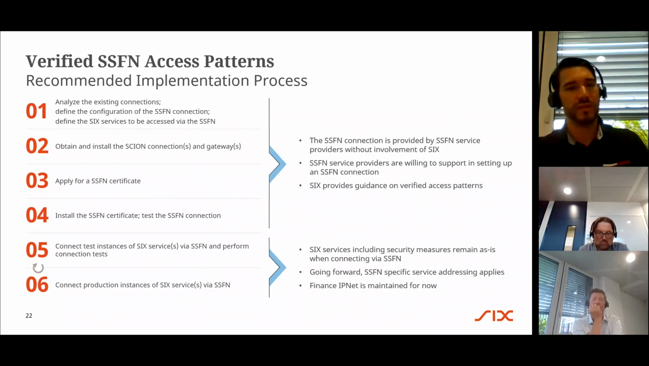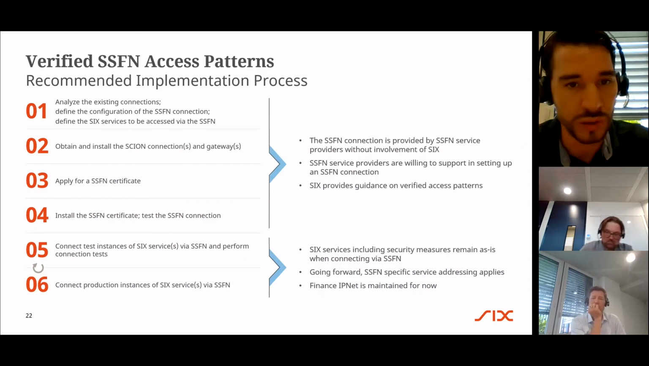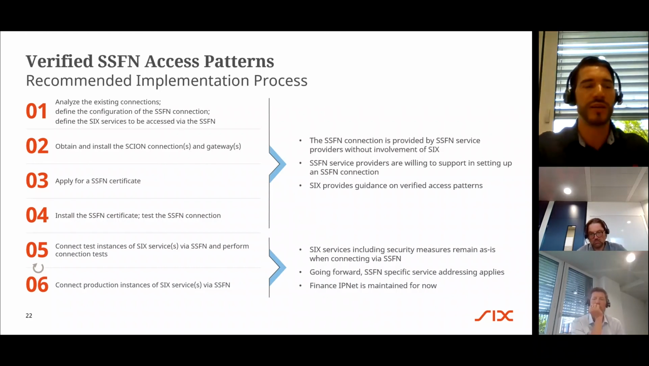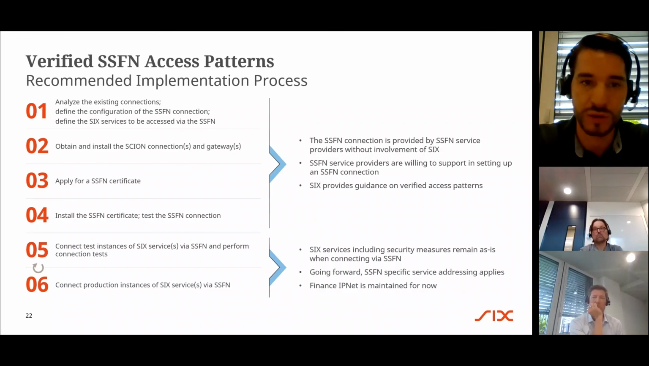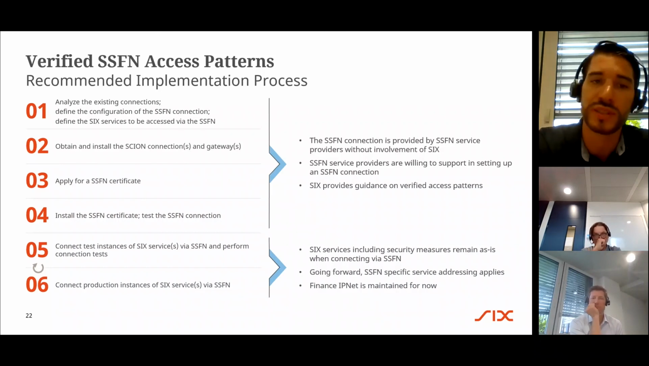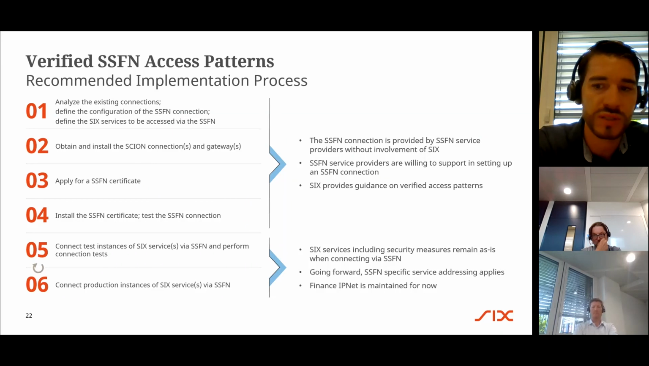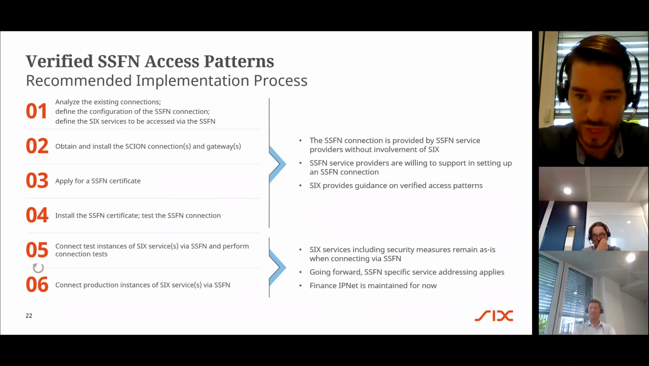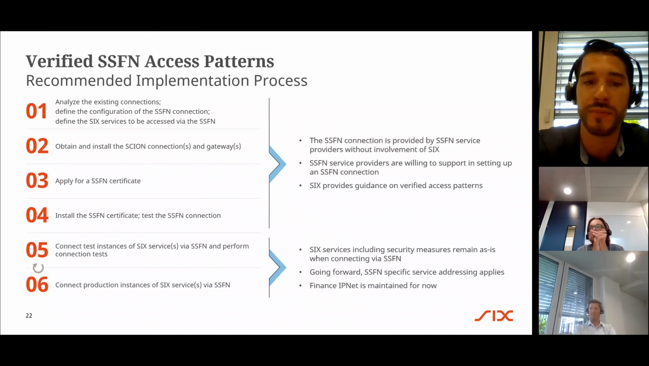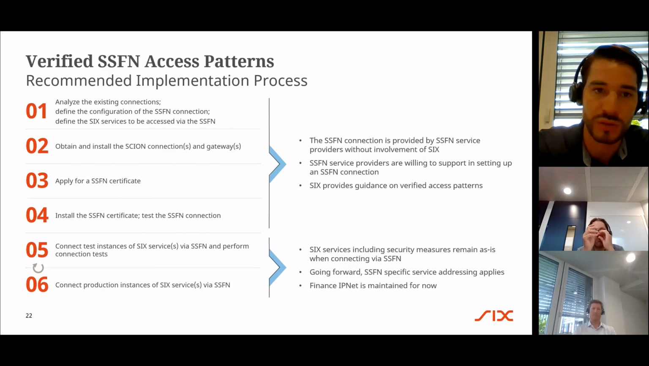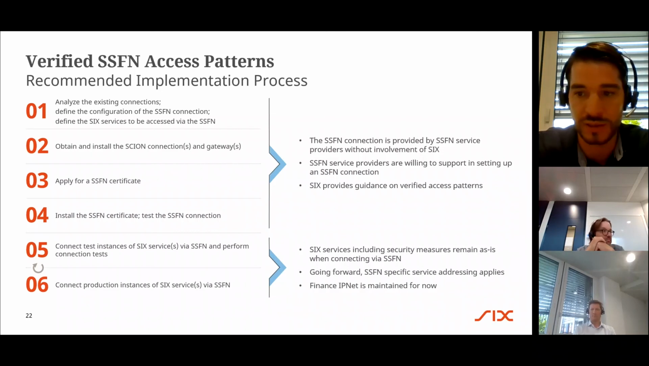So now we talked about how an implementation could look like. Now let's quickly have a look on what needs to be done or what the implementation process could look like. What needs to be done first? I think the step 0 is what we do today. Gain knowledge, gain experience,